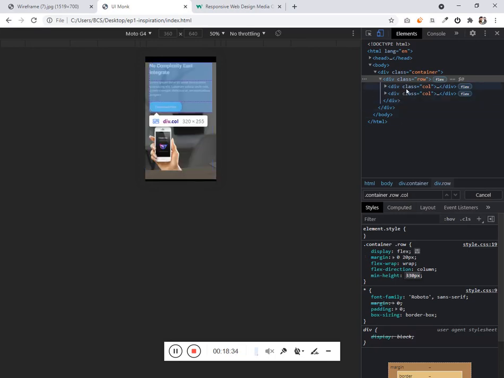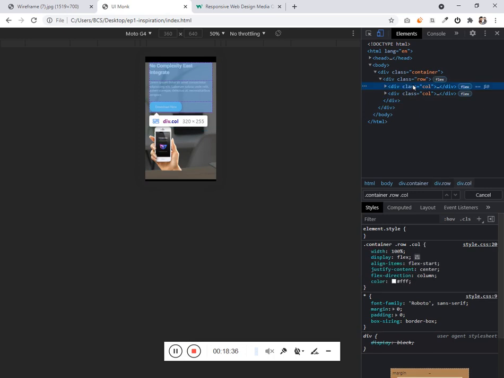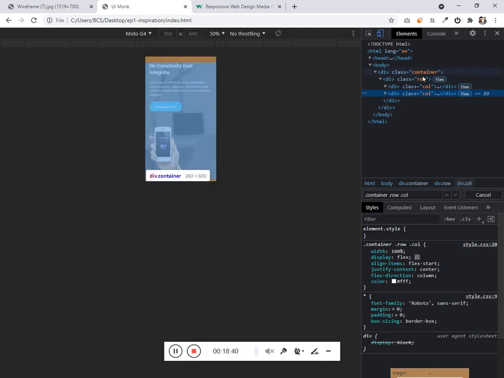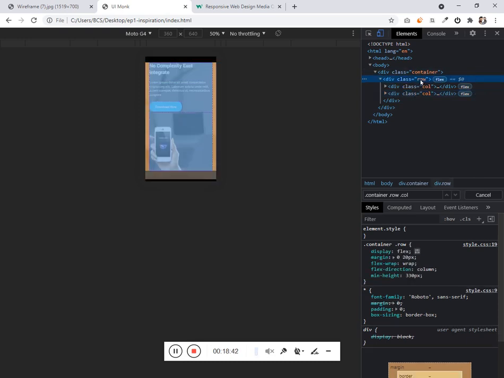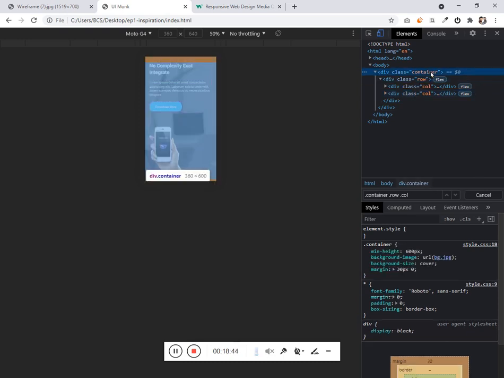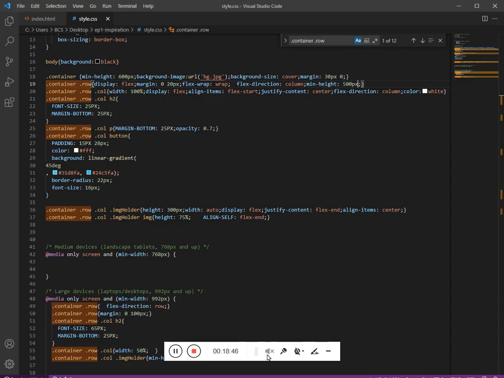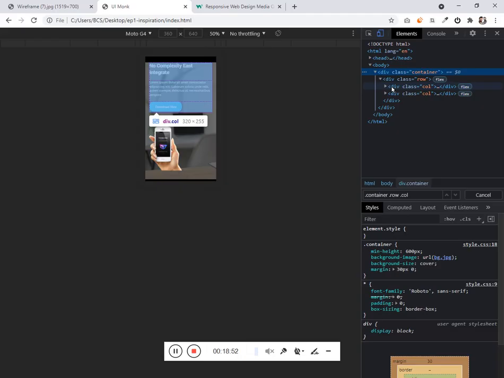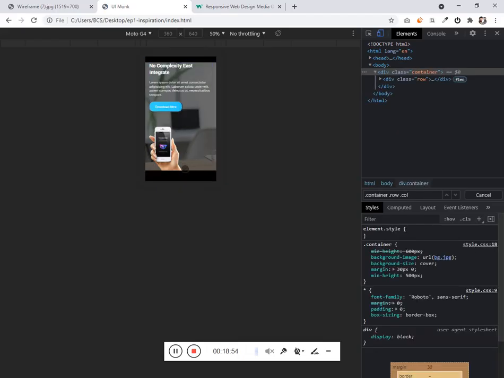Let me check. Column, row, so in between we have a space. So this is for row, and I think we need to give height to the container, not to the row. And cool.